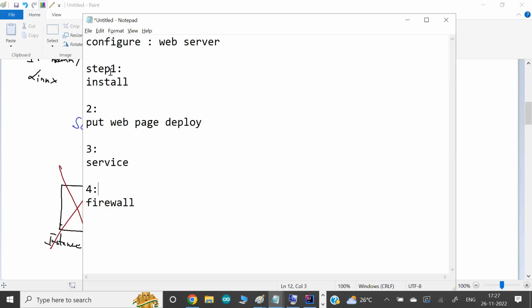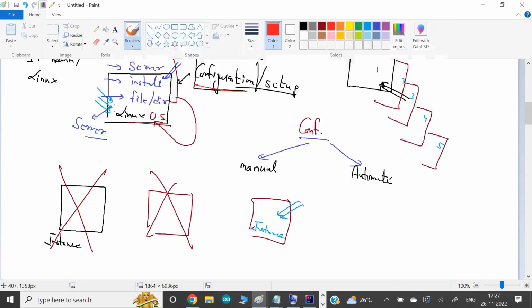And if you do it manually, there's the possibility of human error, the possibility you might miss a step, and obviously it will take a lot of time. So the point here is, we don't recommend manual, because manual will slow down everything.